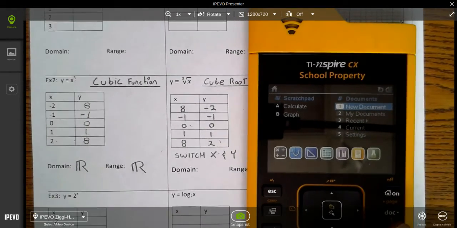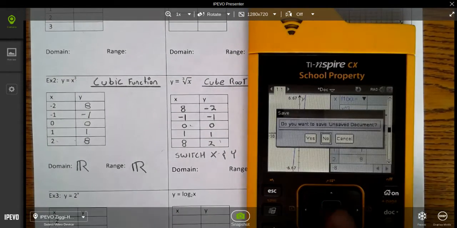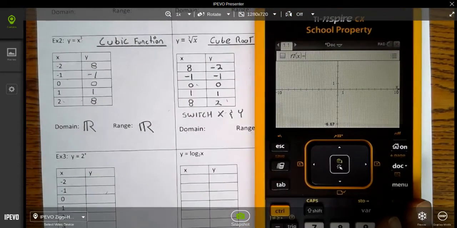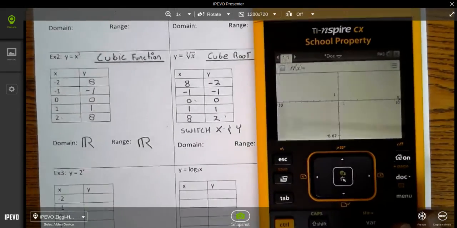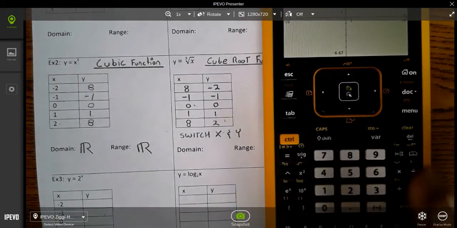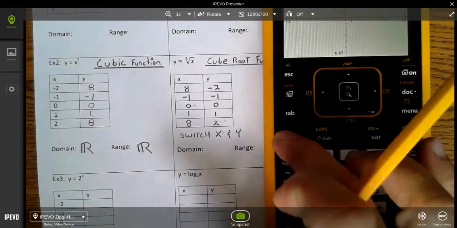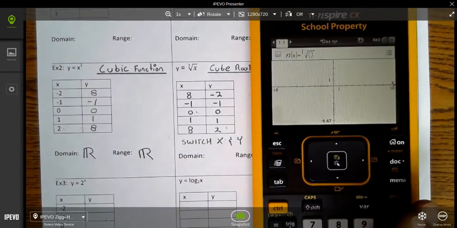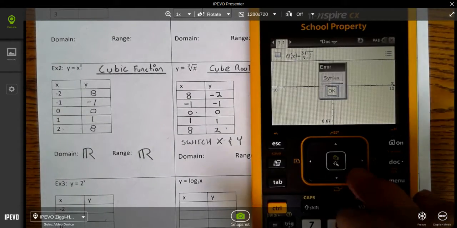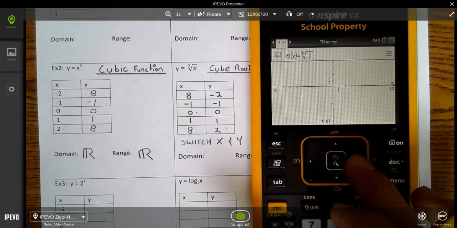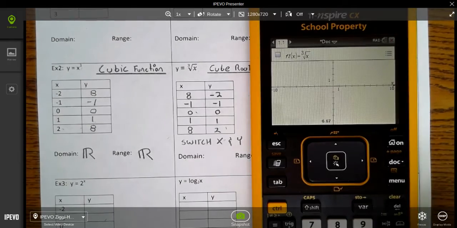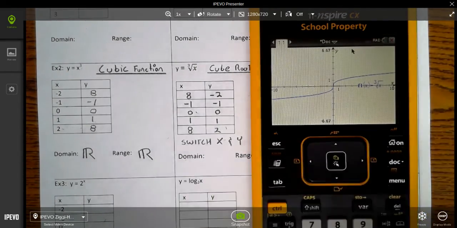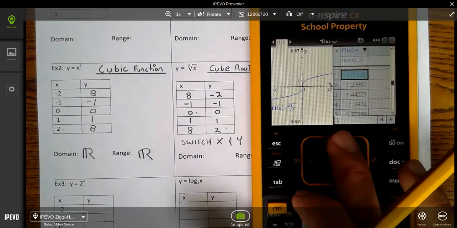So I'm going to new document, add graph. Now to get the cube root, we're going to press Control and up key. I'm going to put it 3, and then X, press enter, and then you're going to press Control T, and let's just verify